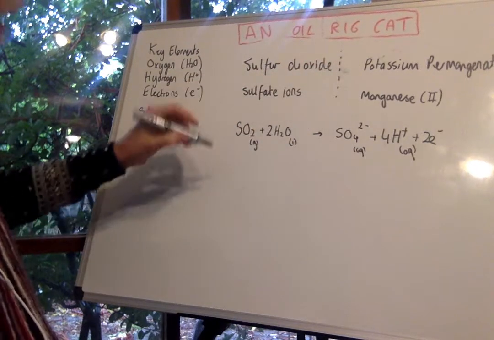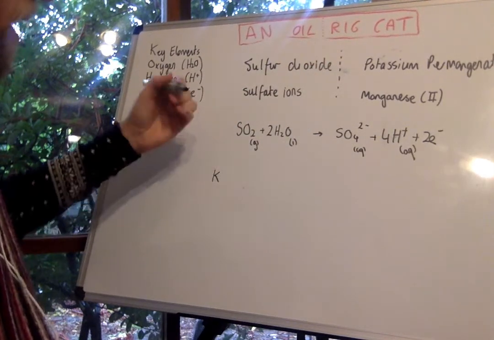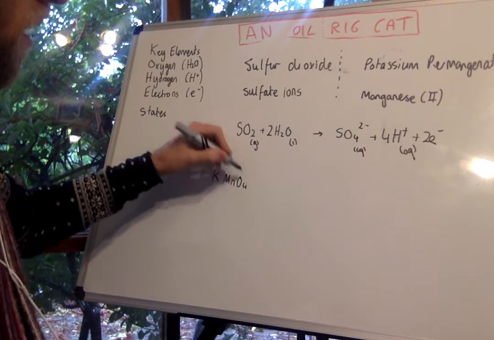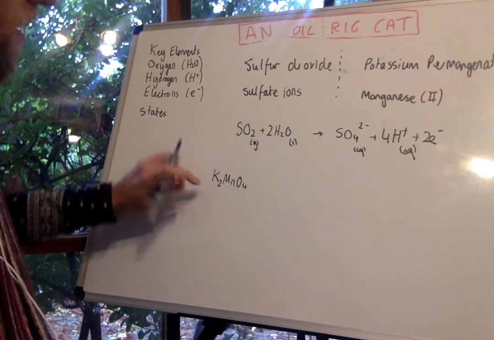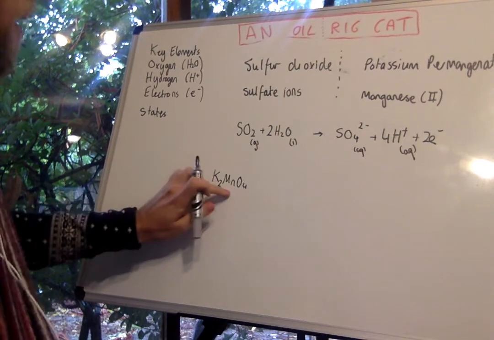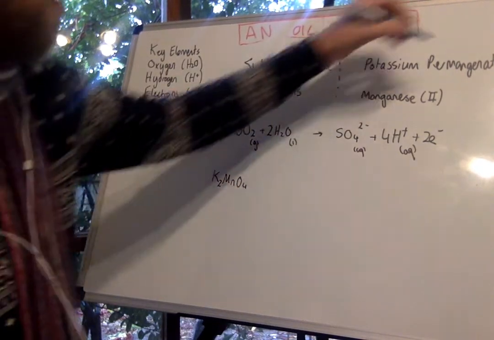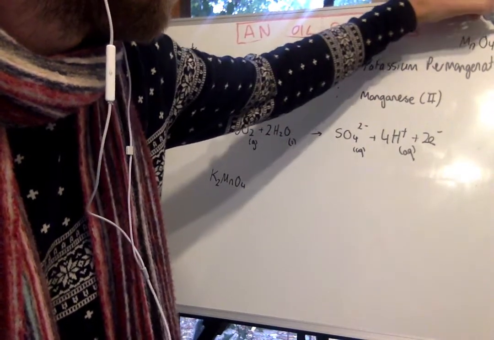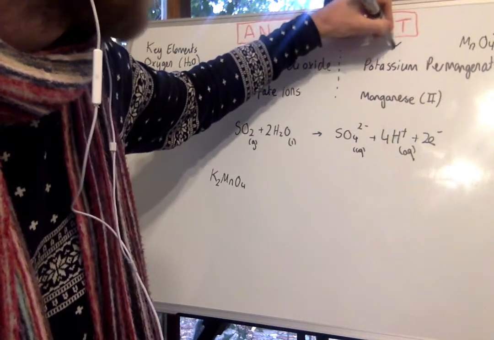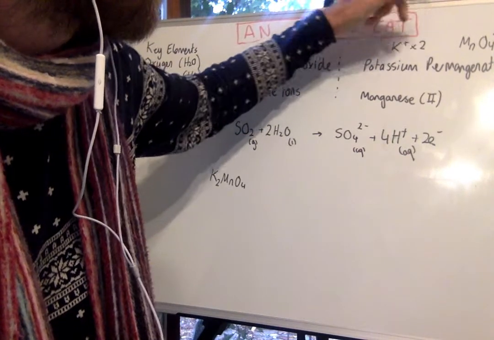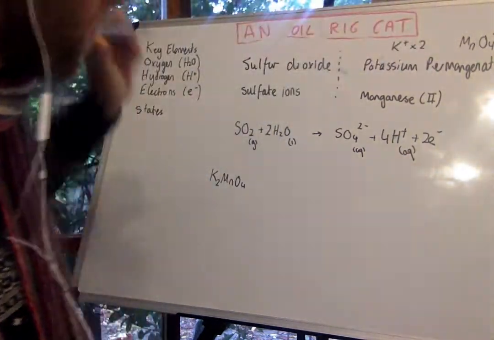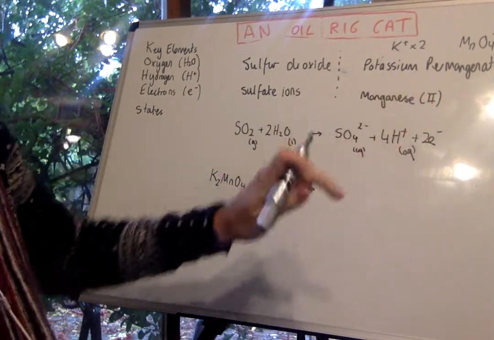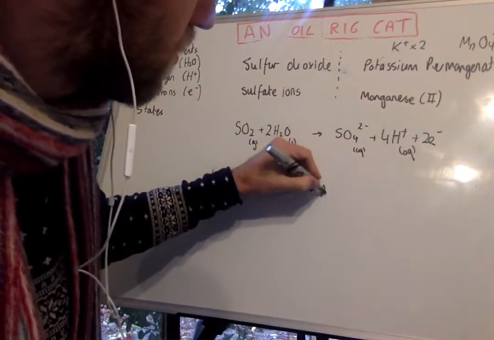Okay, potassium permanganate. So potassium equals K, we know it's plus. Permanganate, again, this is something we have to know, it's MnO4. We know it's 2 negative, so therefore it's K plus. We have 2 of them to MnO4, 2 negative, K is plus. So we times that one by 2, so we get 2 plus and 2 negative to make them the same. Okay, and then we go to the Roman numerals next to manganese, means it's plus 2, so